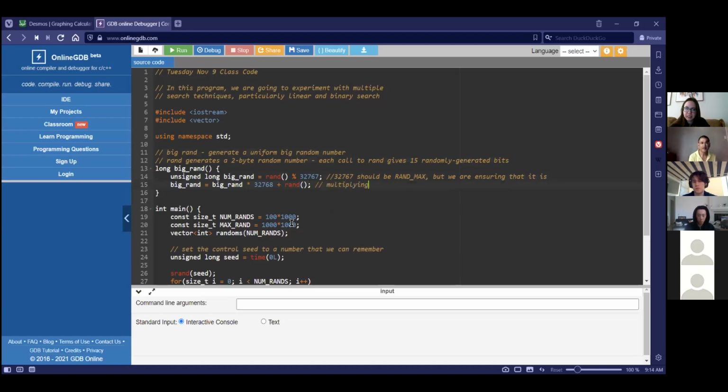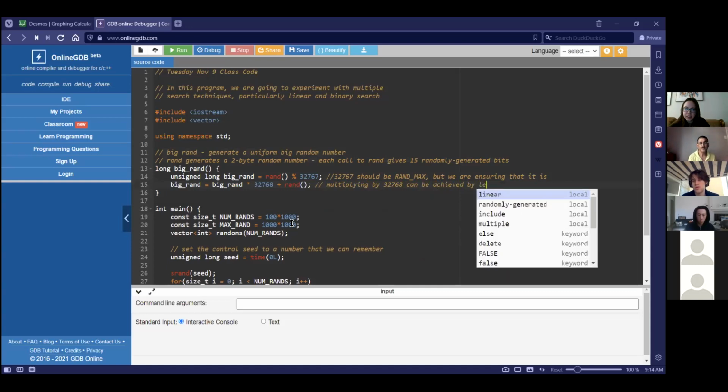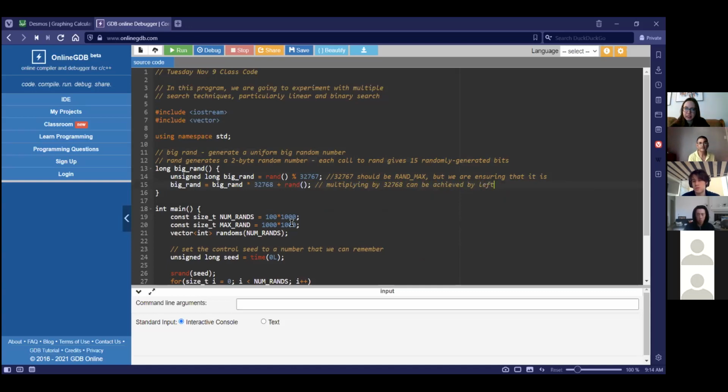Multiplying by 32K can be achieved by left shifting by 15 bits. Is everybody clear on this? So we got 15 randomly generated bits, and so now we got a 32 bit random number, which is uniformly